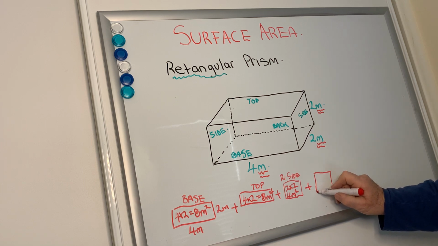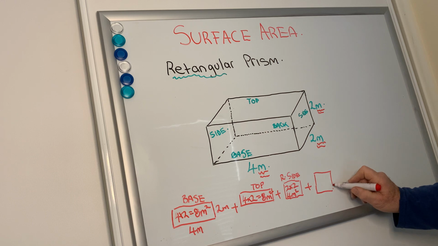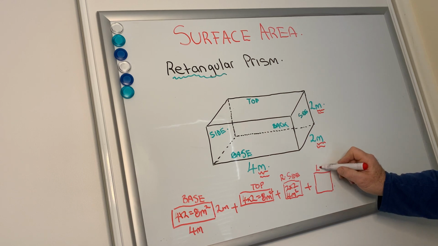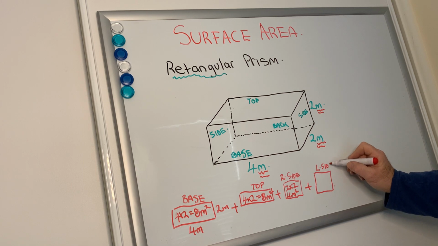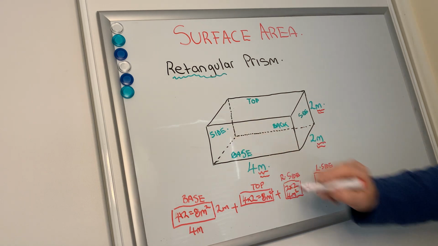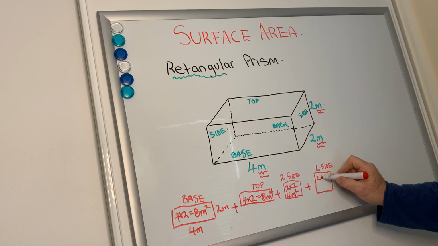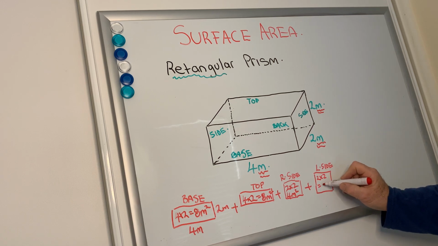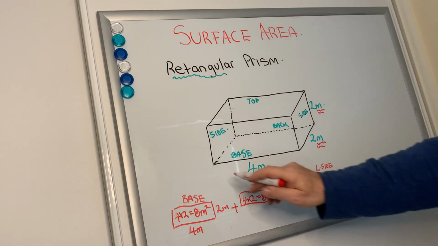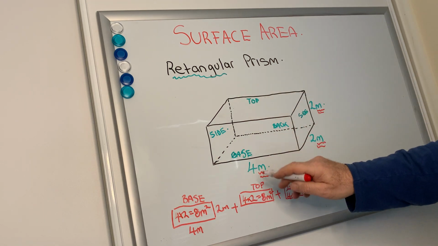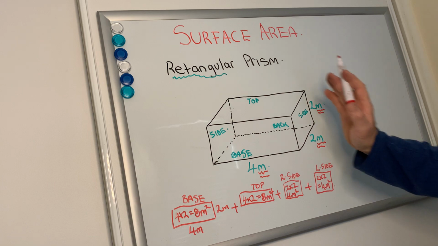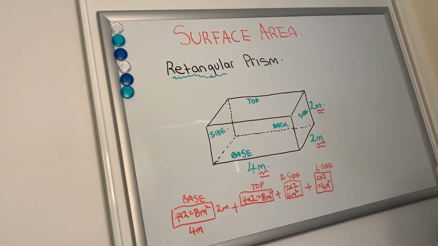Left side, just make sure it looks like a square so it doesn't confuse you, or something like that. So left side, again, 2 by 2, which is equal to 4 meters squared. Okay, so we've got our base, we've got our top, we've got our right side, and it's made up of,